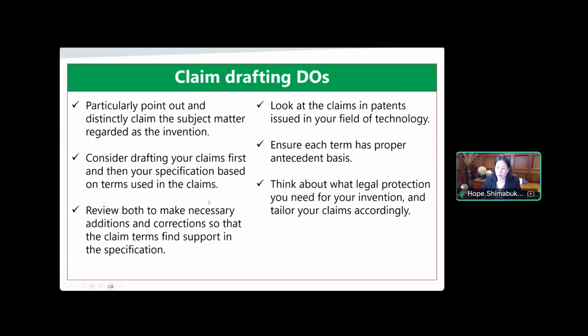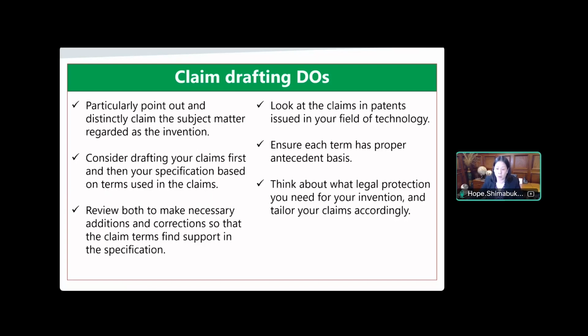Make sure you review both so that necessary additions and corrections are made and the claim terms find support in the specification. Look at the claims and the patents issued in your field of technology. Ensure each term has proper antecedent basis,